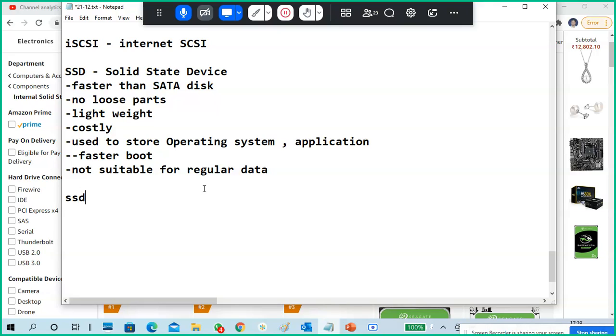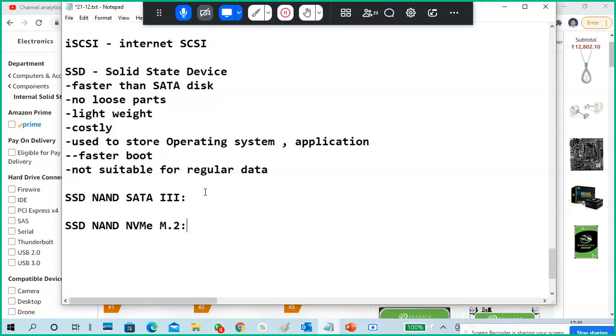Now in SSDs there are two types: the SATA interface SSD, usually SATA 3, and another type of SSD, the NAND type, NVMe. It is called NAND because basically an SSD is a NAND memory storage. The M.2 form factor is there. There are a few different kinds, but in the market you have this kind.